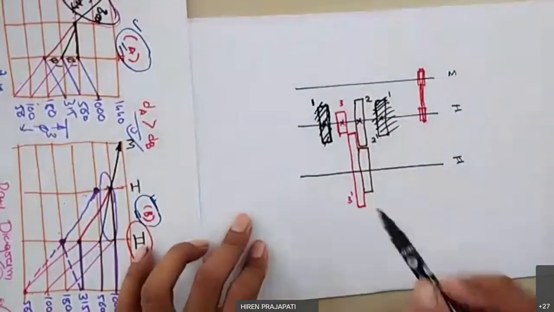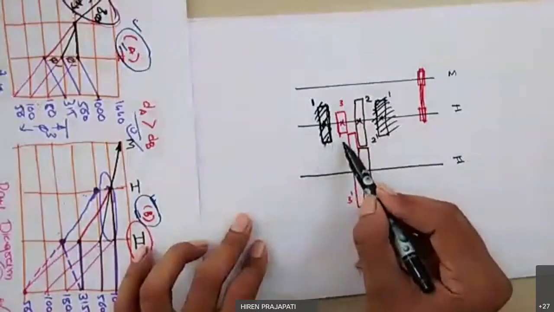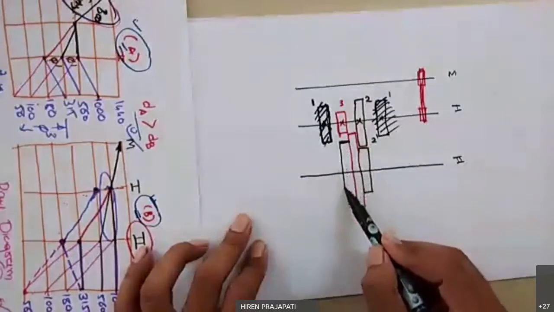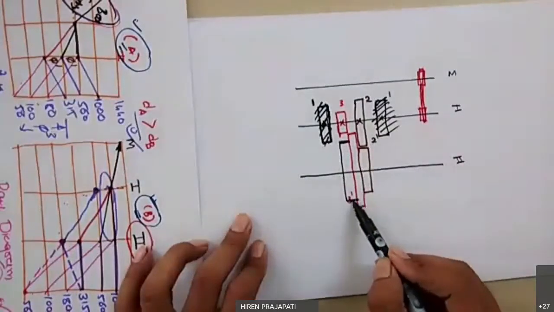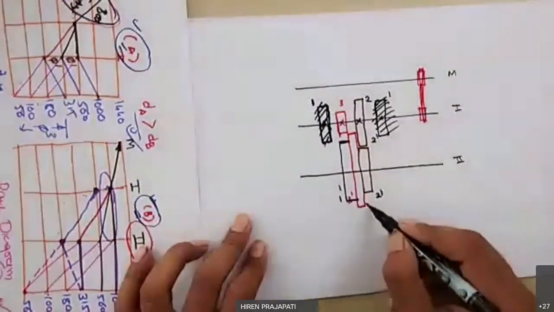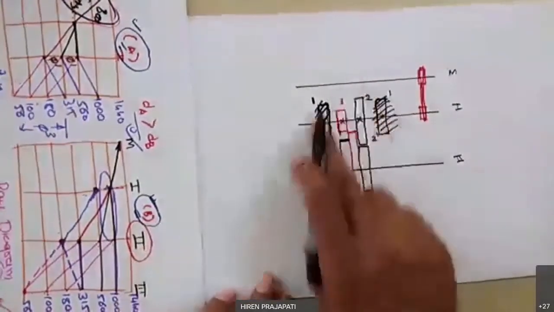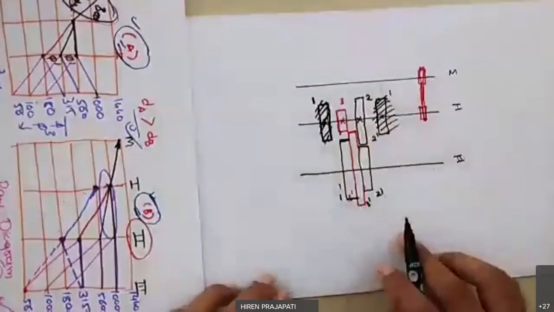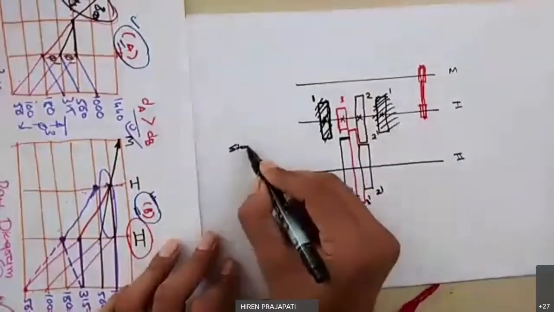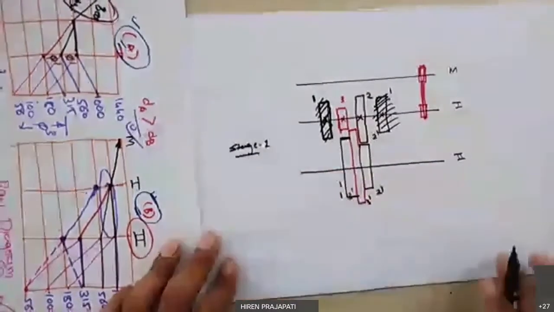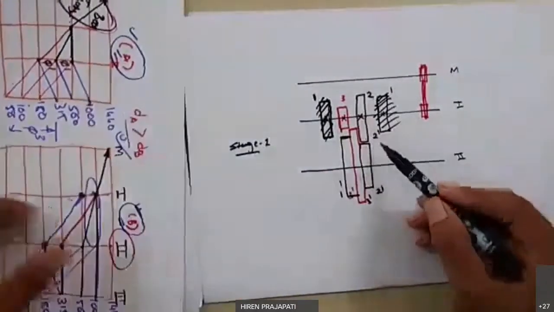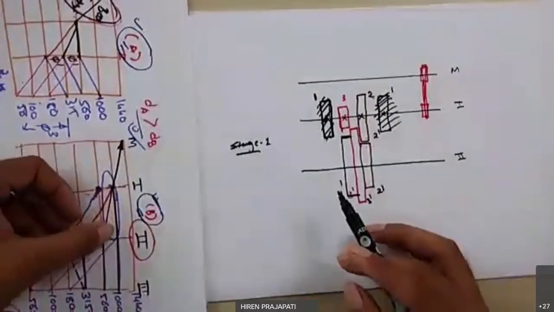Now the diameter is equal to this. So this is 1 dash, this is 2 dash, and this is 3 dash. So this is what we can say is one group, this is stage 1. If we engage this 2 dash, then we get the same speed, which is indicated here by this brown line.